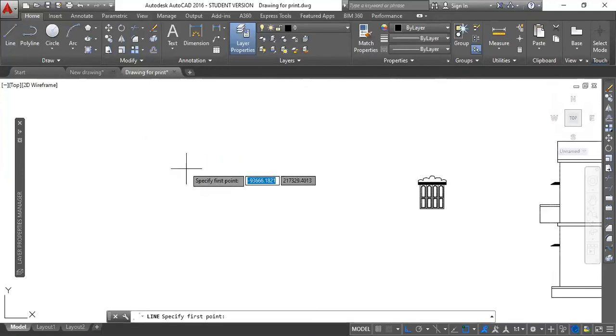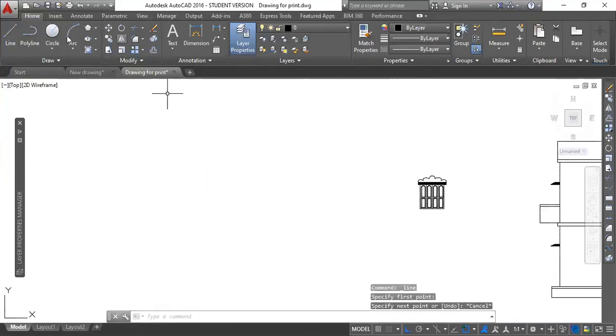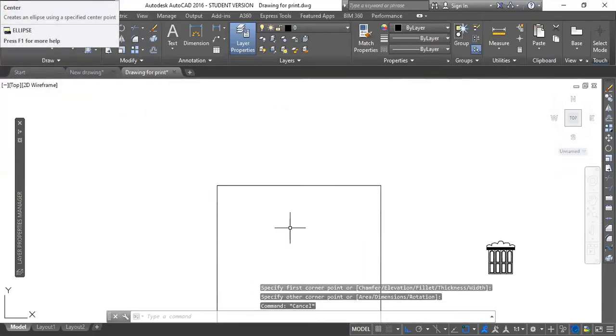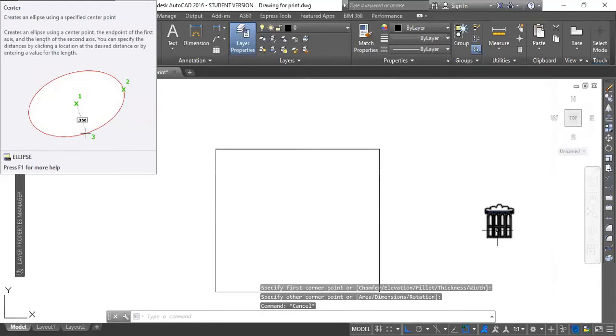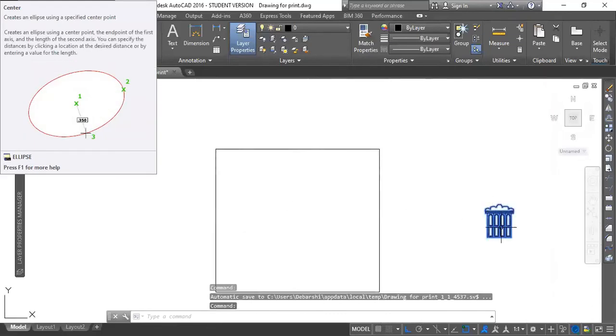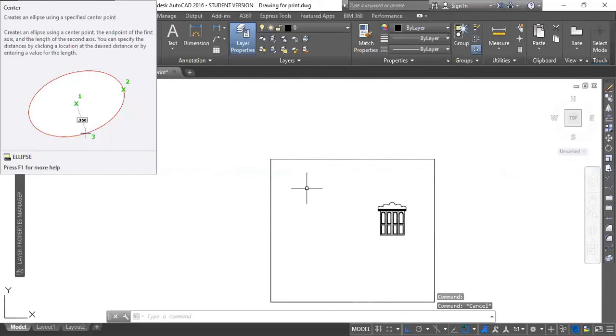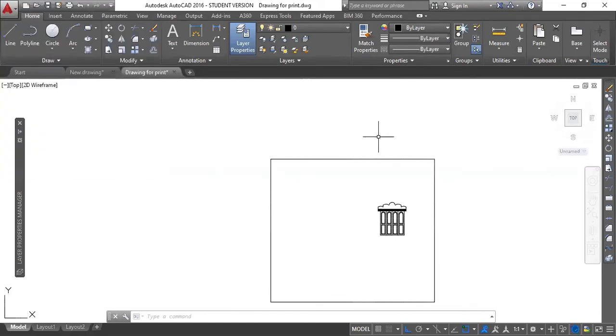Suppose you have a plan or an elevation or a top floor plan, where you want to place a particular piece of furniture. Suppose this is a sofa, for the people who have never seen a sofa. You want to place it somewhere inside this bedroom. Your bedroom may be in proper dimensions.